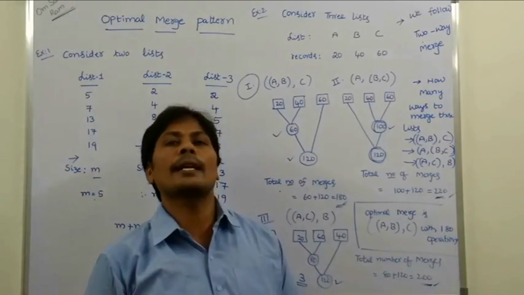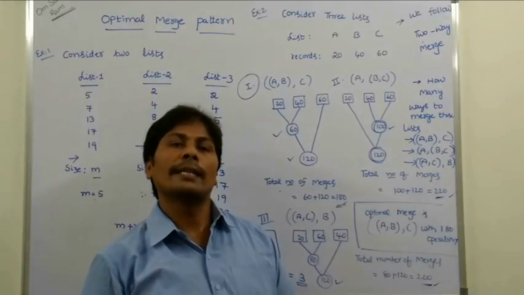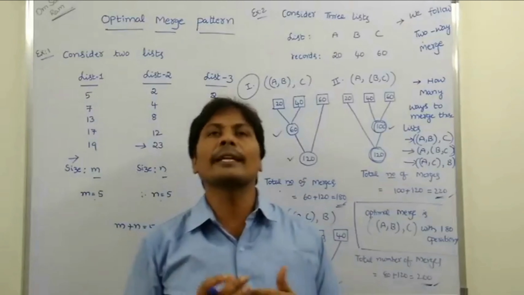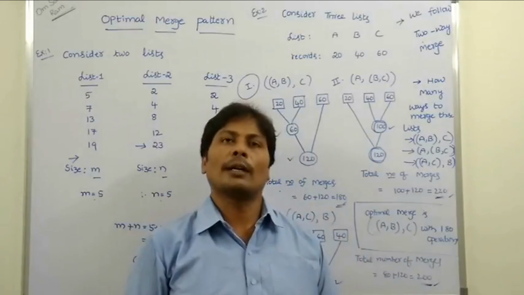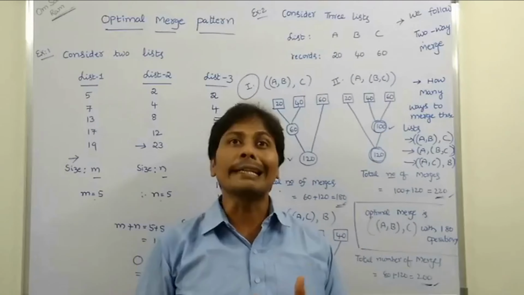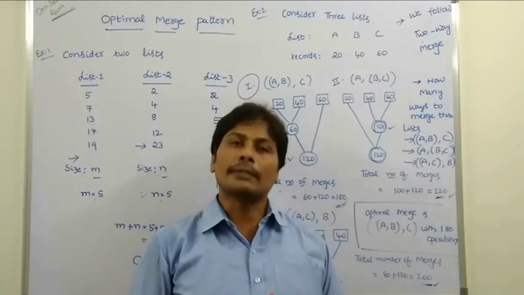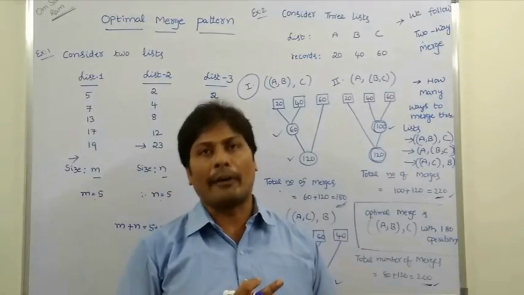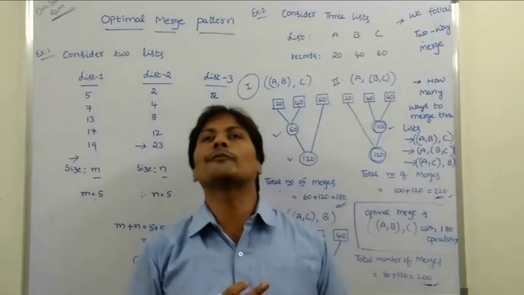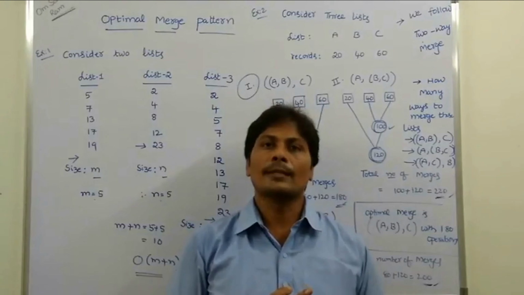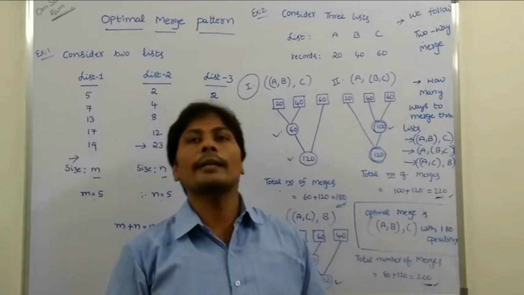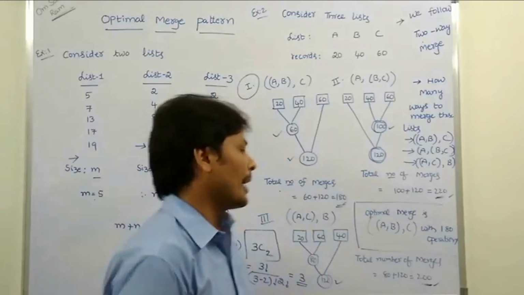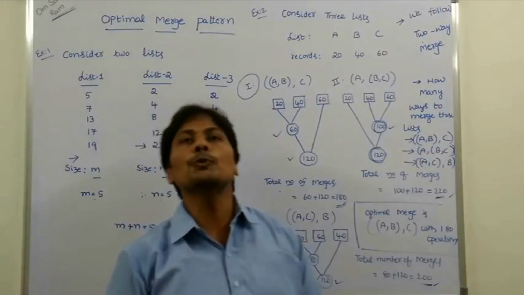The same procedure can be followed when the problem contains 4 lists. But if the number of lists is increased to greater than 3, it is very difficult to find the number of orderings. Then we have to follow the greedy method. Suppose the problem contains 4 lists. Then we have to follow two-way merge.